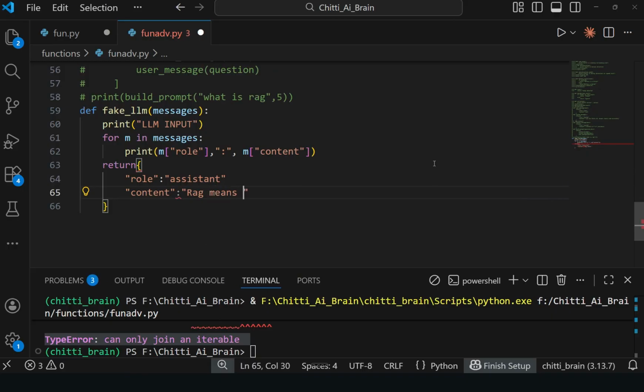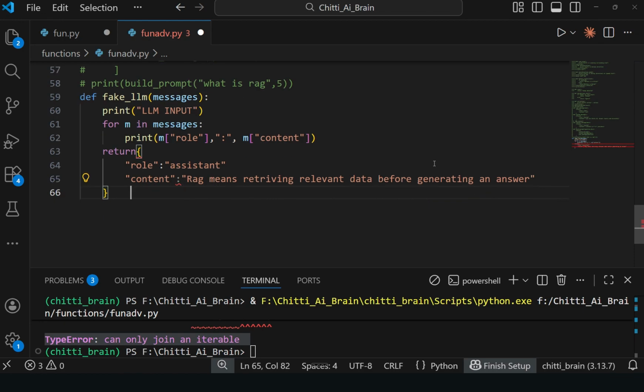Generating an answer. Let's see in the answer.